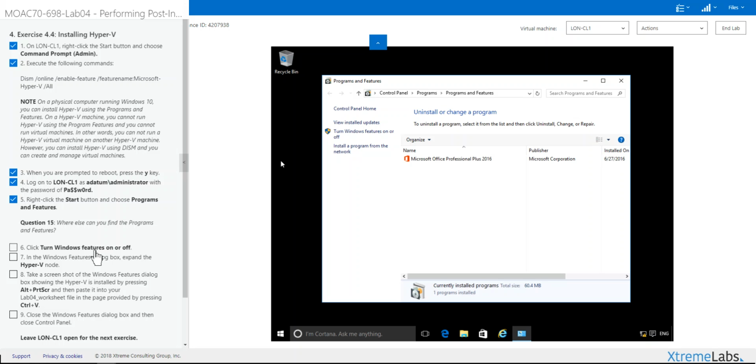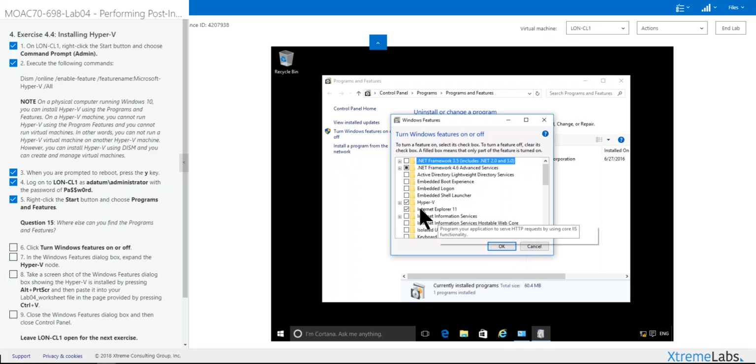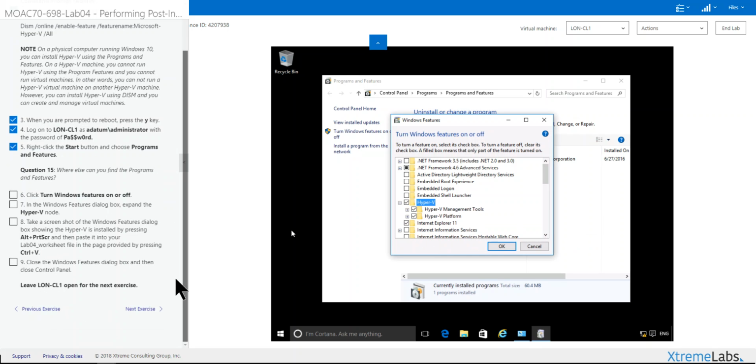And from here, they want you to go to turn Windows features on and off, which is right here. And we have to wait, and now we can see Hyper-V. If you would have looked at this screen prior to loading it, you wouldn't have seen this. Click on this, turn it back on, click on the plus sign, and you can see the two platform tools here. They want you to take a screenshot. Don't really care, but we're going to go straight to the next exercise,